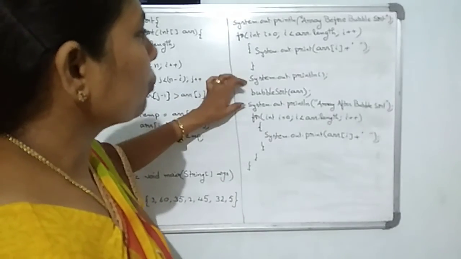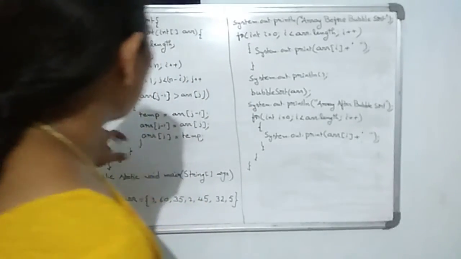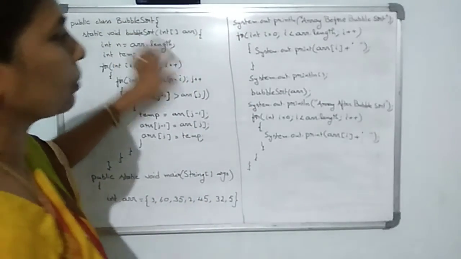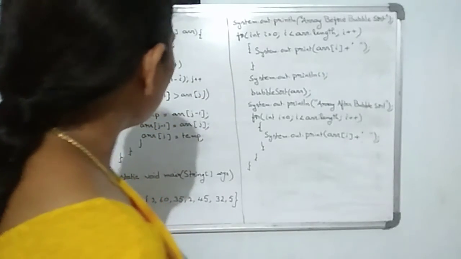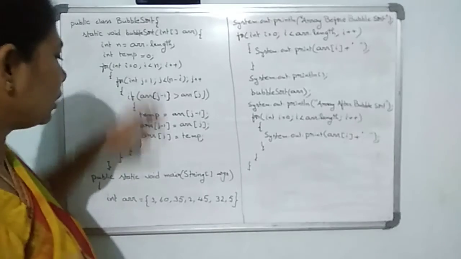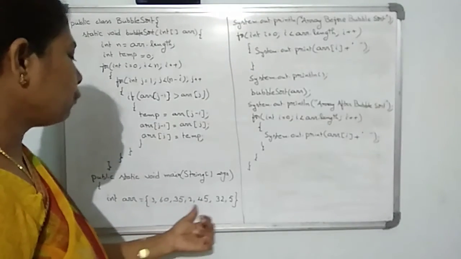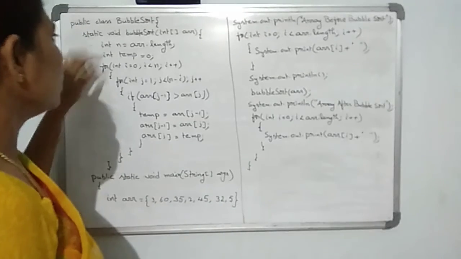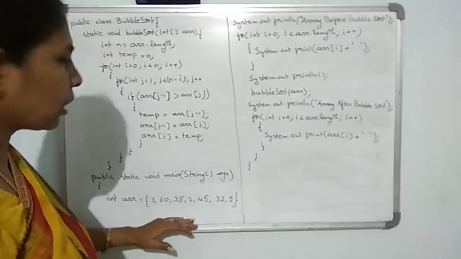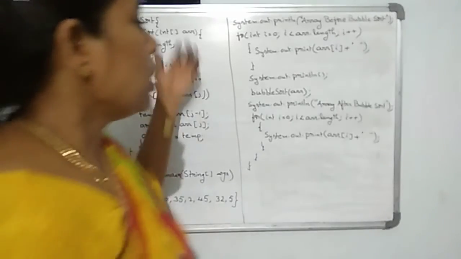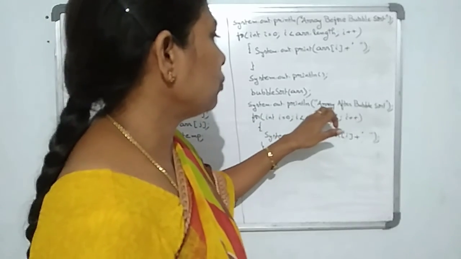After that I am giving one line space. Now I am calling the method bubbleSort. Whenever you call the bubbleSort method, it will go to this method and calculate the length of the array. The length of the array means 1, 2, 3, 4, 5, 6, 7 elements. So it will take the 7 elements and apply all the process of the bubble sort. After the bubble sort, next you print with System.out.println.